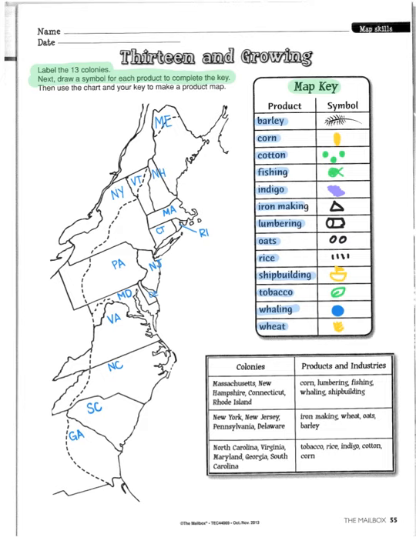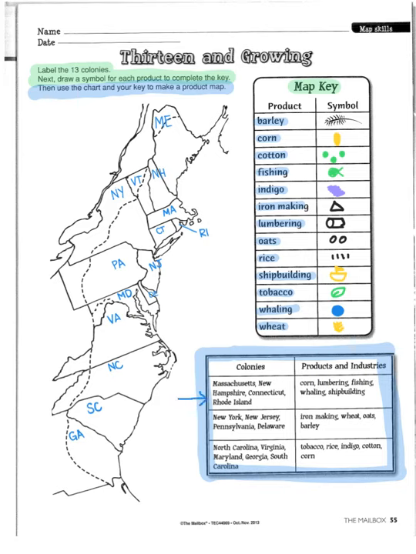Now that you've added in Delaware, let's talk about what your job is for today. Today, you are going to use the chart and your key to make a product map or a resource map. So let's look down at the box here in the lower right-hand corner. I want to do this first section with you to help you get started and to make sure you know